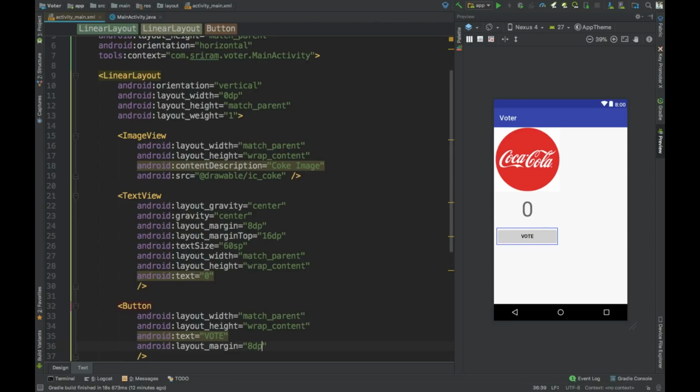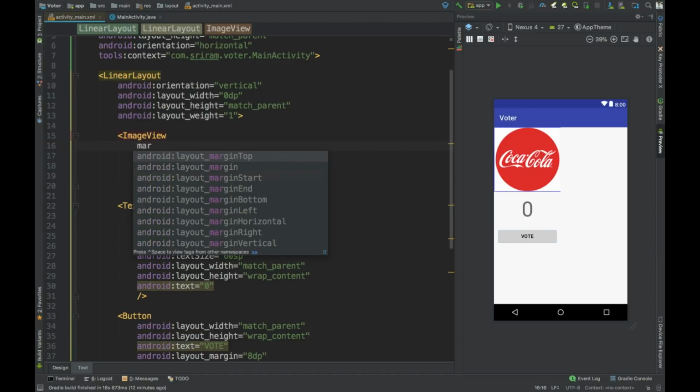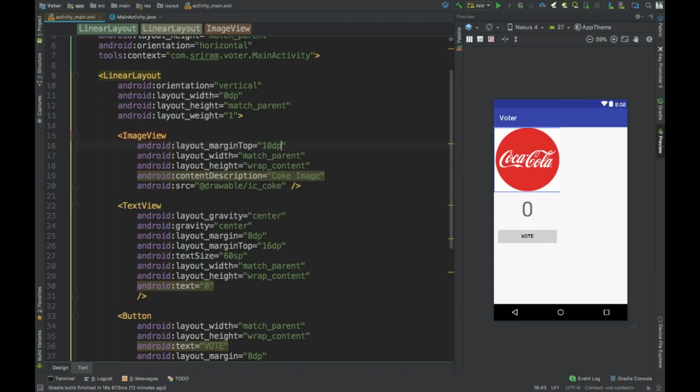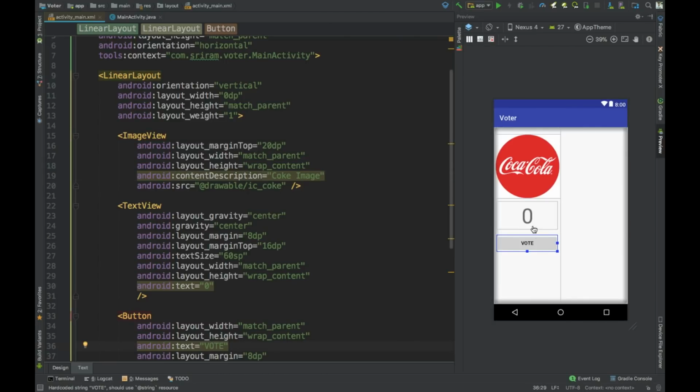Right, so I think this Coke side is done. Is there anything else? Nope. Yeah, I can probably add a margin top of 10 dp to make it look good. Even more, 20 dp. Yeah, I think that's fine, right? So this is the first part. Okay, so whenever the user clicks on this vote button, this counter will increment. All right, so now what I'll do is,